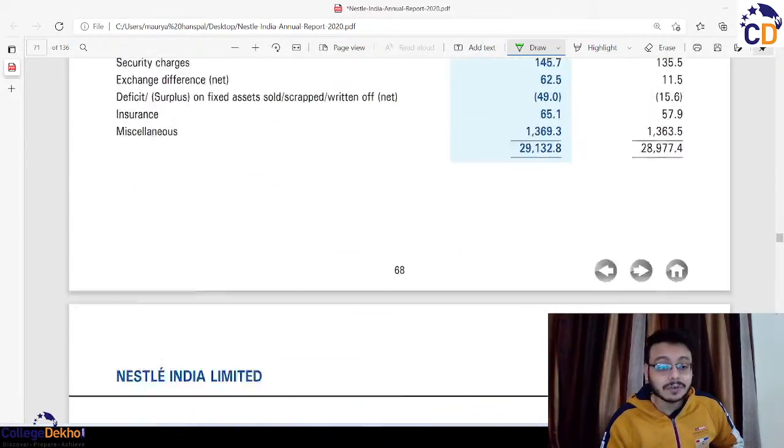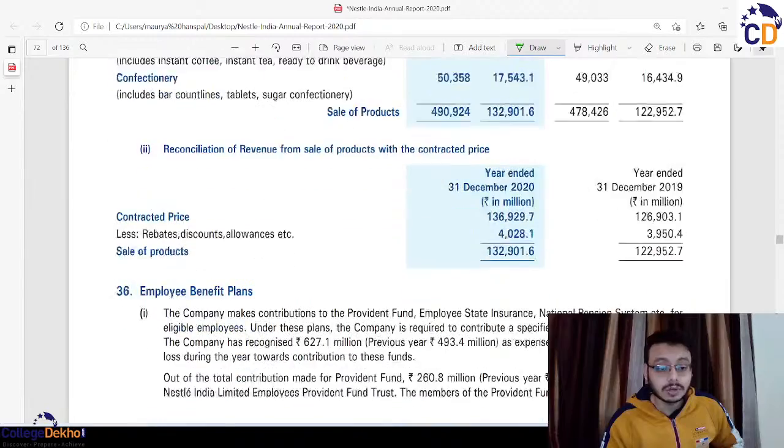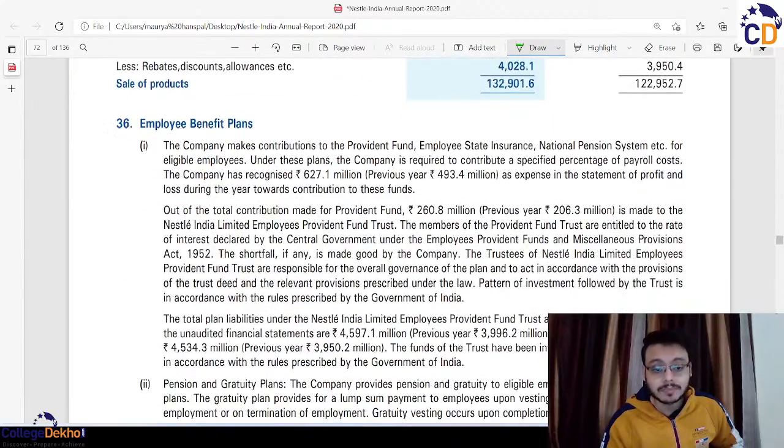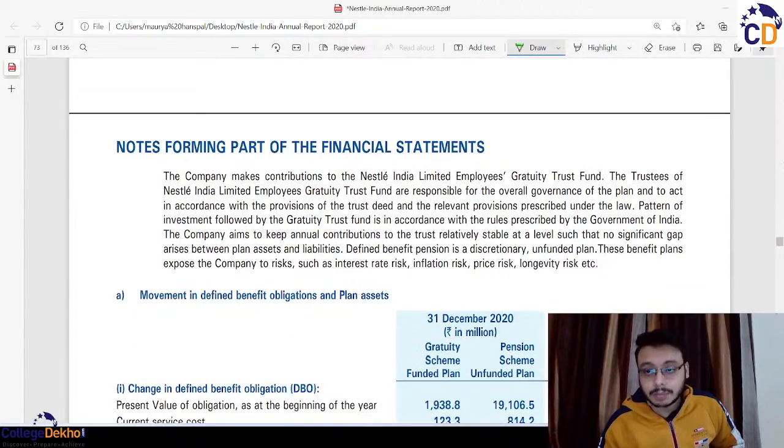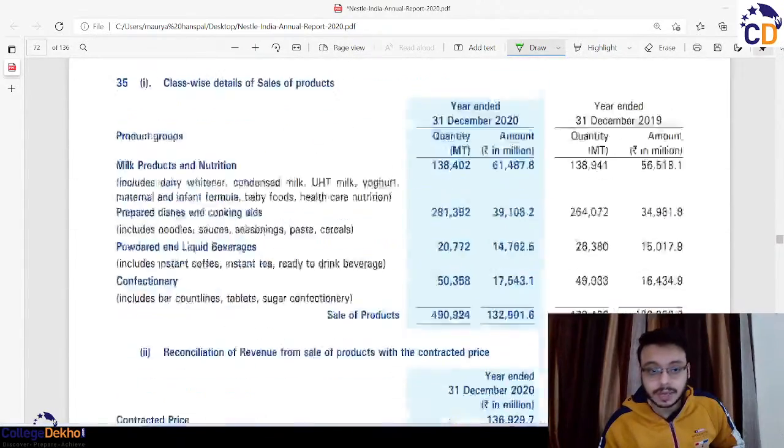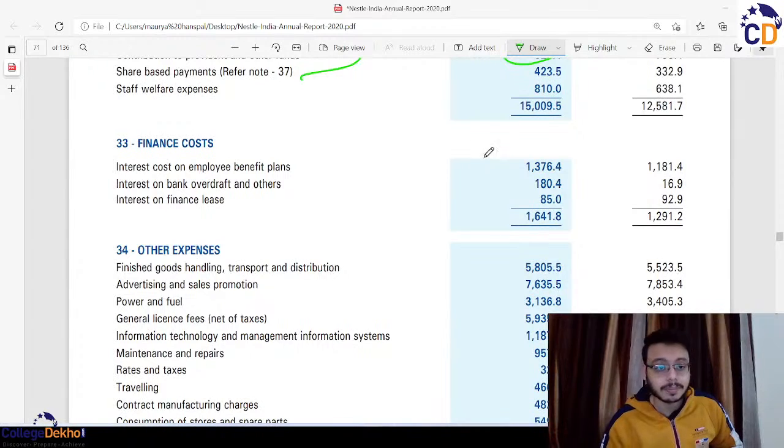एंड सैलरीज आर फॉर द पर्सन हु आर लाइक प्रोफेशनल। तो उन्होंने नोट नंबर 36 में जाने को बोला है। अब नोट नंबर 36 में लाइक दे हैव गिवन लाइक फर्दर प्लान्स, एम्प्लॉय प्रोविडेंट फंड में कितना पैसा लग रहा है, कॉन्ट्रीब्यूशन टुवर्ड्स पीपीएफ एंड ऑल दोज थिंग्स दे हैव मेंशन्ड क्लियरली, योर पेंशन एंड ग्रेचुइटी प्लान। ओके, ये हम इसकी बात करेंगे। पहले हम अदर एक्सपेंसेस पे आ जाते हैं। उससे पहले लाइक लेट्स टॉक अबाउट द फाइनेंस एक्सपेंसेस।